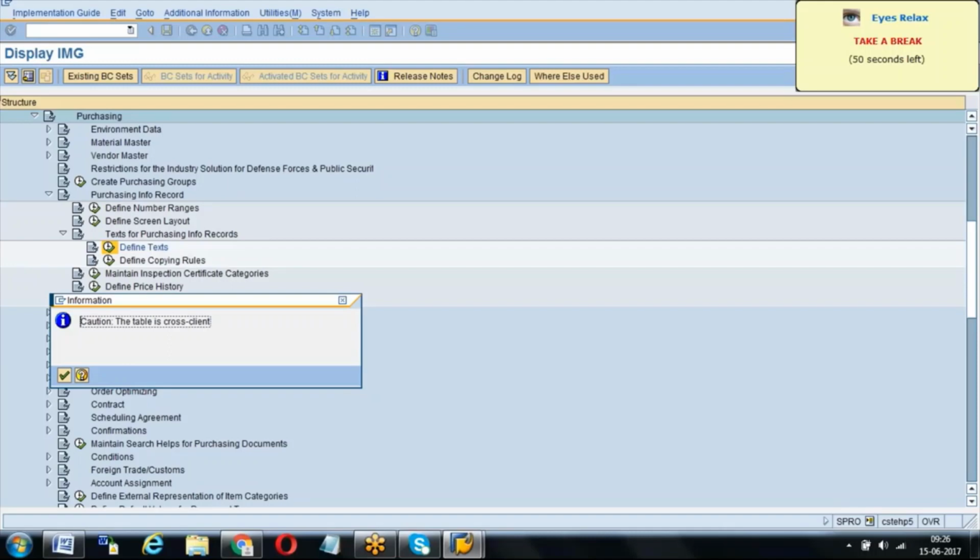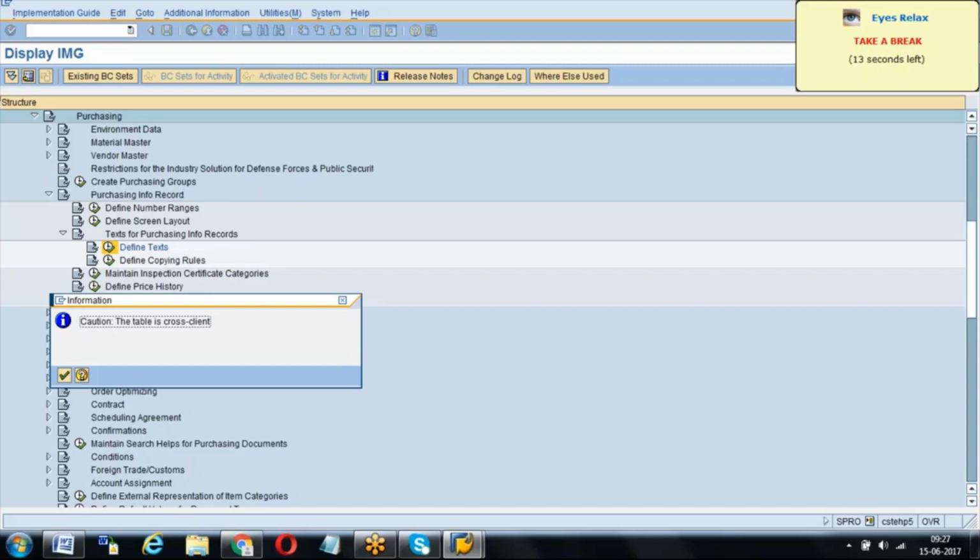First of all, we have to understand, as I explained in the transport request video, we have 3 landscapes: development, quality, and production. When you are talking about the different clients in a development landscape, the table is cross client, meaning the different clients in your development system will also be affected. That's what the message is saying. It won't affect quality and production. To move from development to quality, there is one big process, which is done by Basis, and all the things are moved to quality very carefully. That's a different setup.